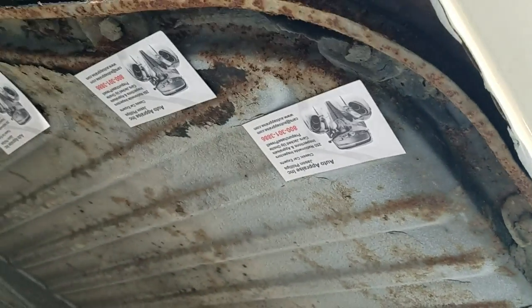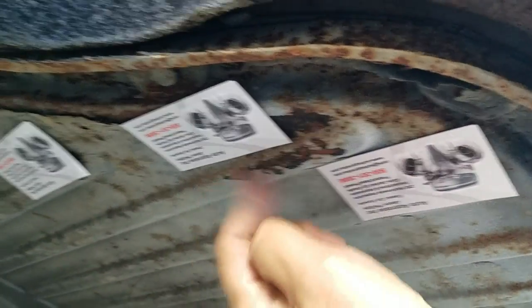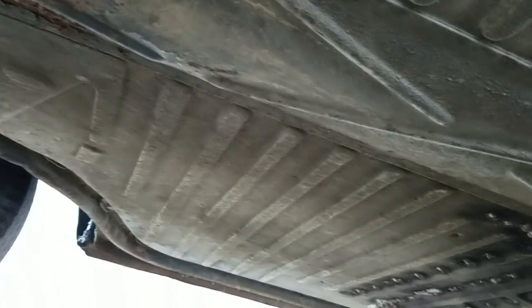You can see I've got some magnets placed up there because there's paint and undercoat kind of peeling, and it looks, visually in the photos, kind of questionable, suspect, but the floor is very solid. Magnets are dropping all over the place. So there's some surface rust where some of the paint's peeled over the years, and as we travel back, you'll see some